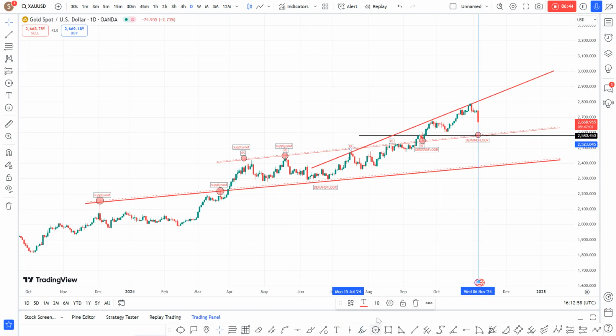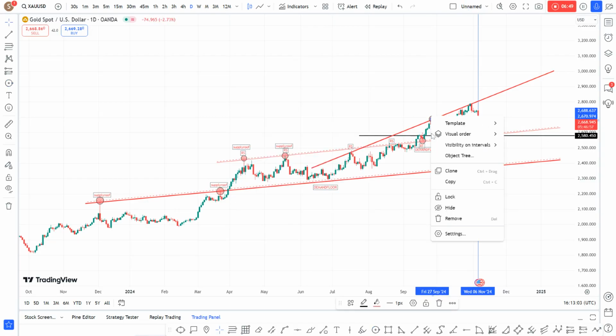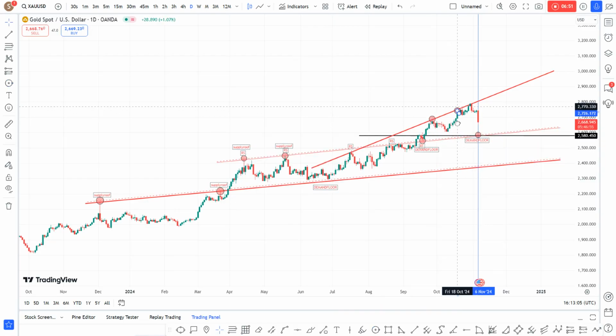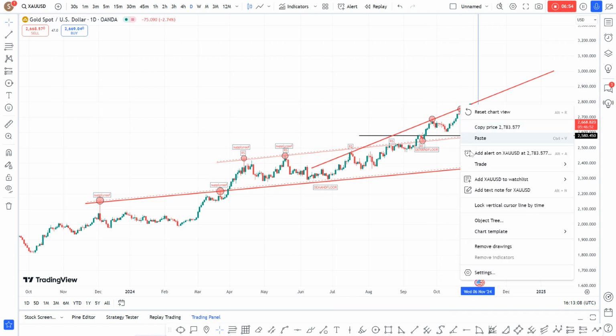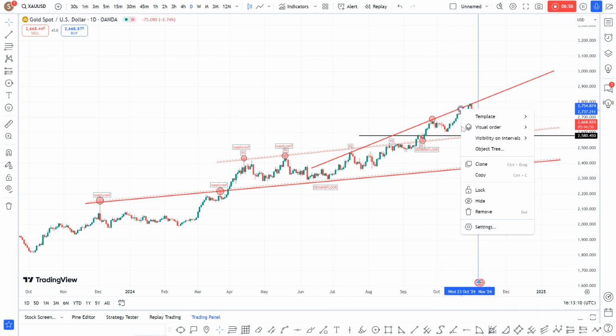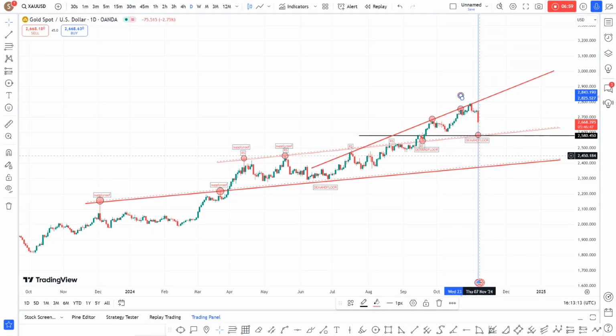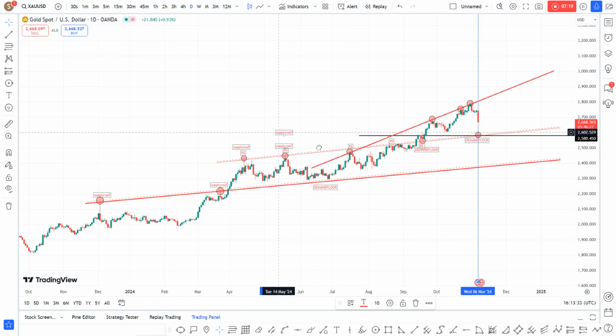So we're looking at it. You can see here resistance structure, supply roof 1, supply roof 2, supply roof 3, and lastly the last supply roof, and the price plummeting based on structure. Without structure, it is difficult to predict the end of a rally. It is only structure that will tell you the end of a rally. Without a structure, there is no way. So now we have a supply roof which has completed its assignment.